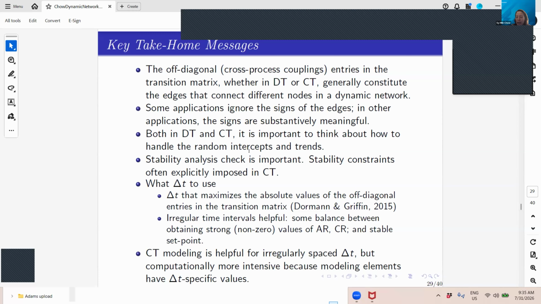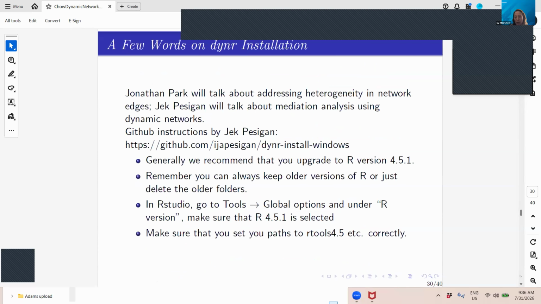Stability analysis checking is important because it tells us whether we have that valley instead of a hill, right? Whether you have convergence towards some set points or you get progressively crazy and moving away from a set point, right? And then irregular design is basically helpful, right? So that we don't have to worry about whether we have spaced out the processes enough that we can capture the set points, right? Versus also capturing the inertias and the couplings at a reasonable, meaningful range of values.